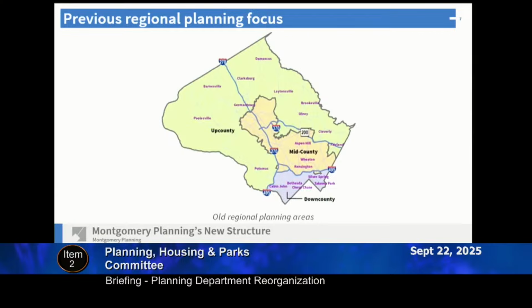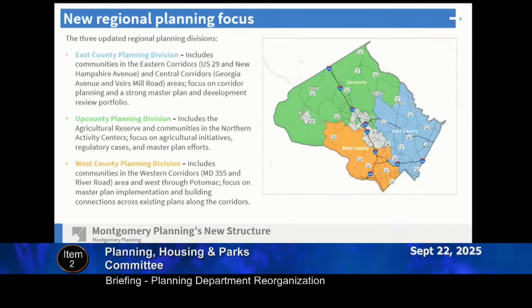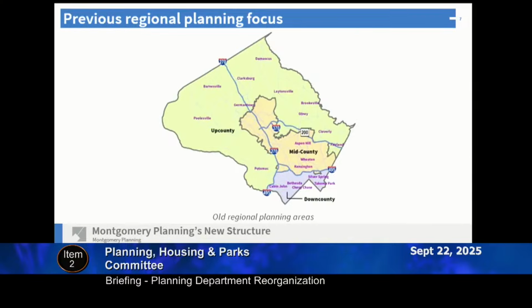Sure. I guess I'll begin by just pulling back up the old map here. And what doesn't work so well with this map specifically is that it doesn't show Rockville and Gaithersburg. So one of the points we made when we did the new one is we put them on there. Right, we don't do planning for those. They make up a big part of Mid-County. They did make up a big part of it, and if you could imagine superimposing those on this map here, you would see that Mid-County was a very disjointed area because of the separation caused by that.